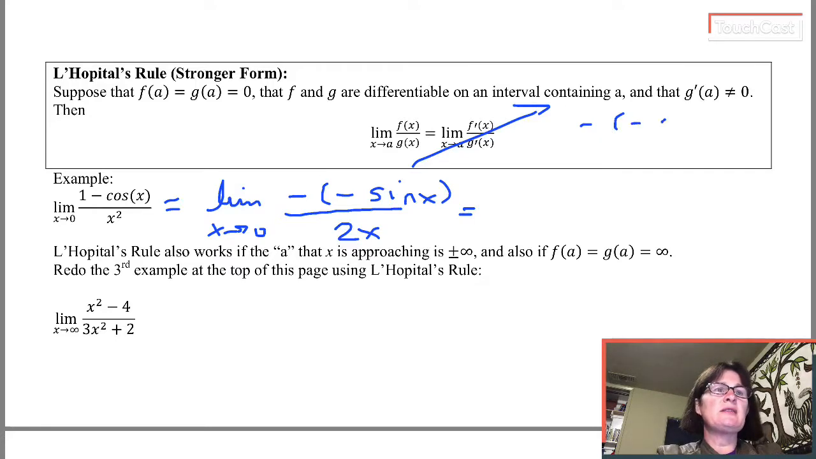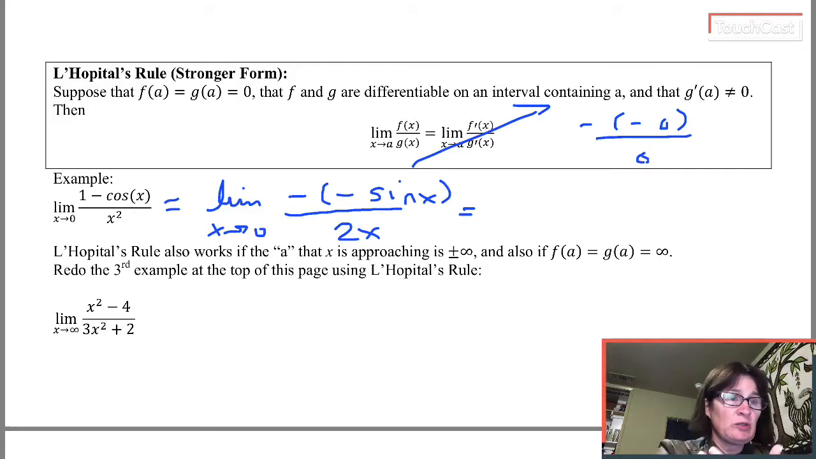The sine of 0 is 0. And 2 times 0 is 0. So I used L'Hopital's rule, but I got 0 over 0 again. So I'm going to keep the chain going. I'm going to take the limit